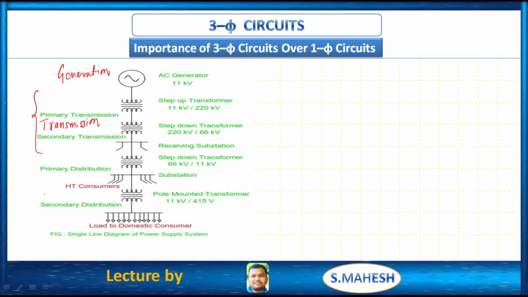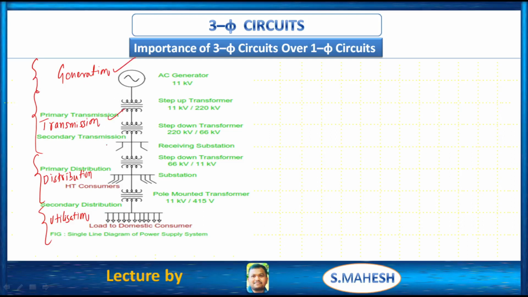Then from here to here we have distribution. Later we have utilization. So the single line diagram of power system explains the concept of power system: we have generation,